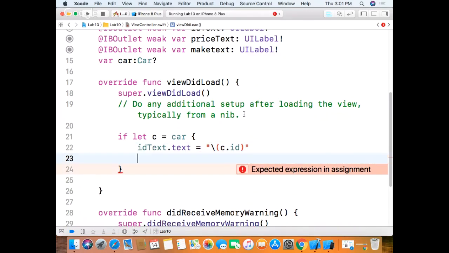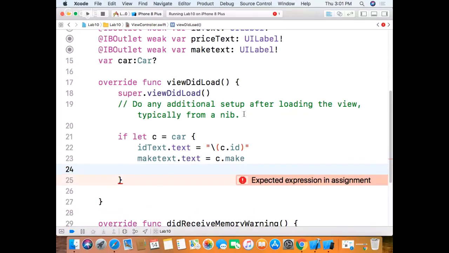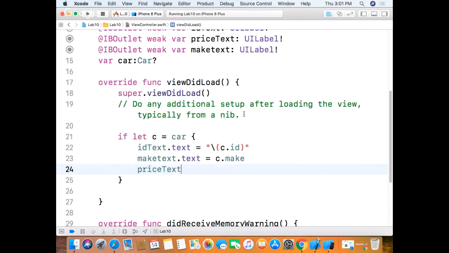And I can do the same thing with make. And I can do the same thing with price. Right? Price text is equal to